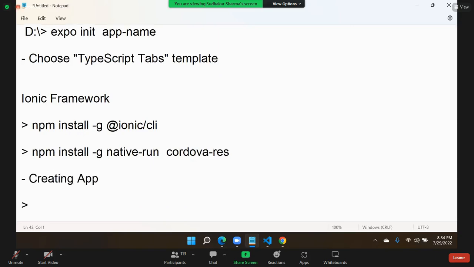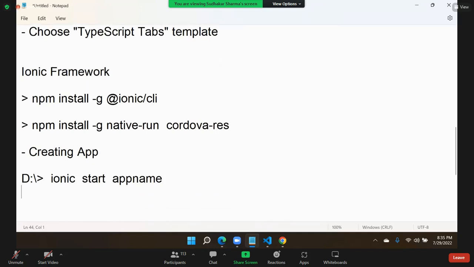app. After you install, you can simply go to any drive where you want to create the project and use ionic. It uses a start command. You can give your app name. And here also we have blank templates and tabs-based templates. I just use tabs here. And we can use the template type. Template type is needed because Ionic is used for React, Angular. So we have to use the React type as React. We can use it for React or Angular or Vue like